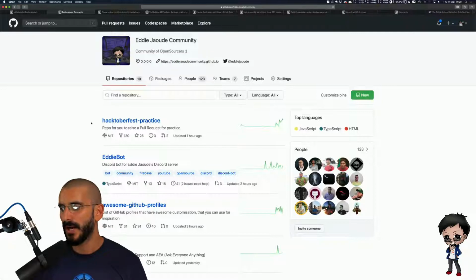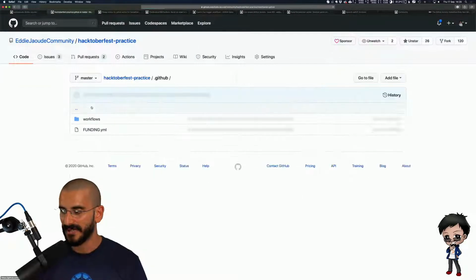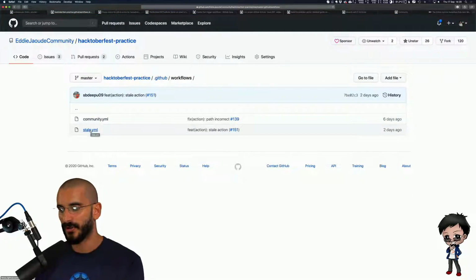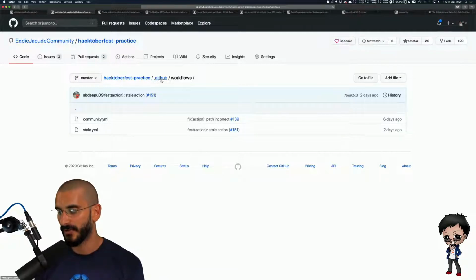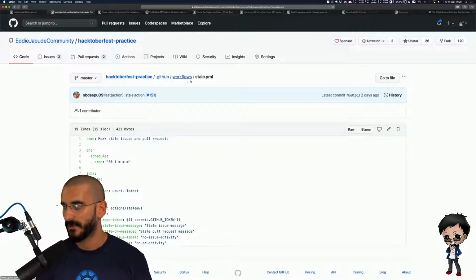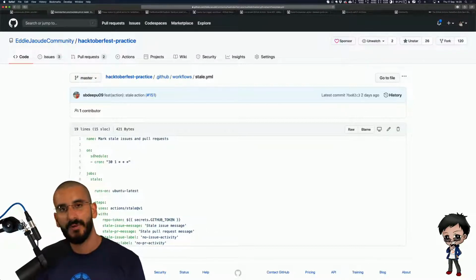Let me show you one more action that we have on our projects. Again, we didn't write this action. It should be called stale action. Hopefully it's on this project. Yeah. So if you've got a project and you want to use an action, you create a .github folder, workflows, and then you create a file. In this case, we've called it stale.yaml. And this is all the action is. We haven't written it, we're just configuring it. So we want to say any issues or pull requests that are over 30 days old, put a comment in.